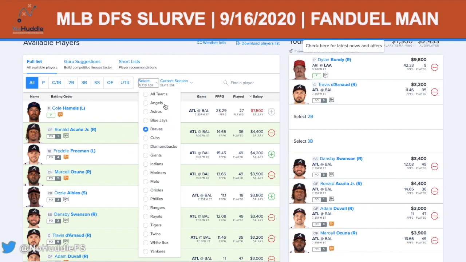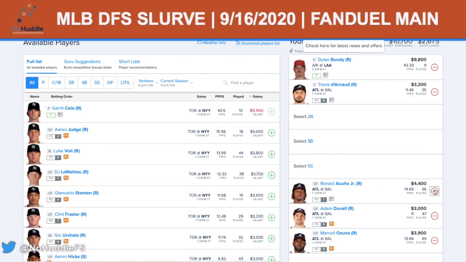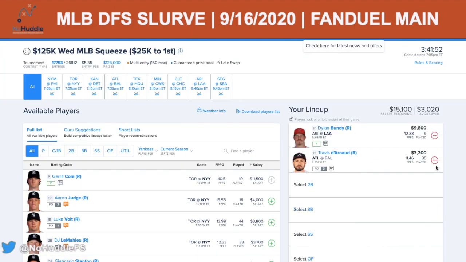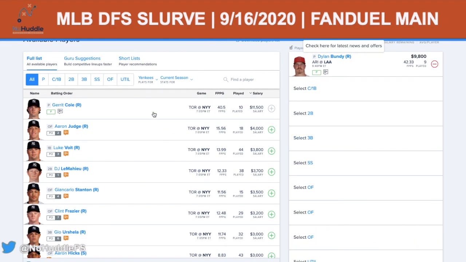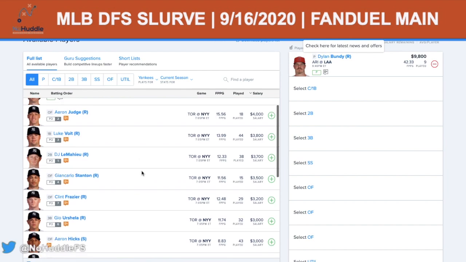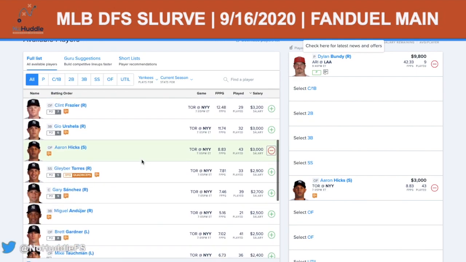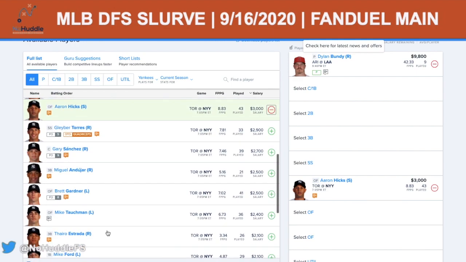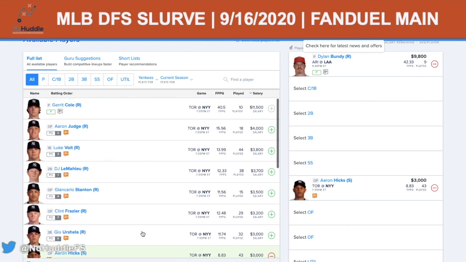There's a ton of options available for the Yankees tonight, but they do get expensive. You have Stanton back in the lineup. I'm probably going to stay away from him, given that it's a right on right here. Stick with a lot of your lefties here, but in general, you can go with basically anyone. My favorite play is probably Aaron Hicks from the lineup. We'll see if Gardner is in the lineup because of that left on right split for him. But in general,